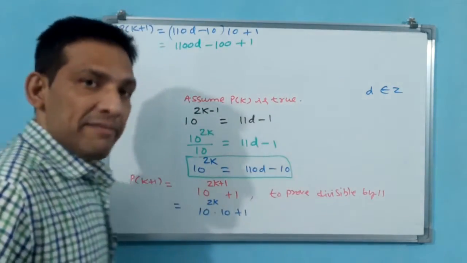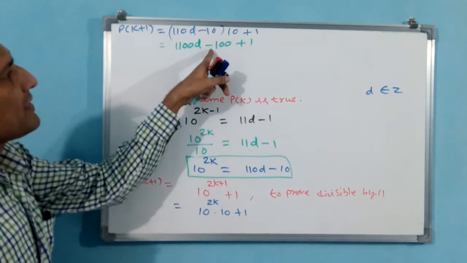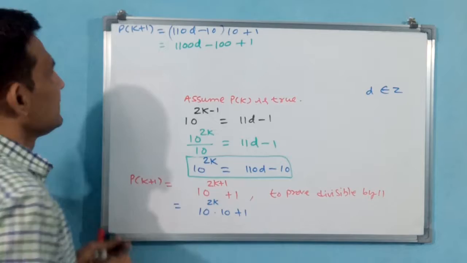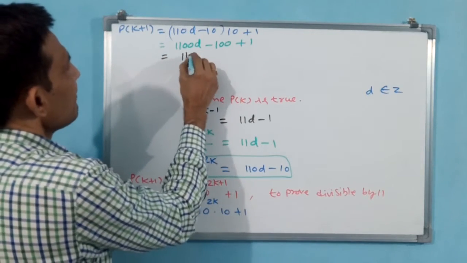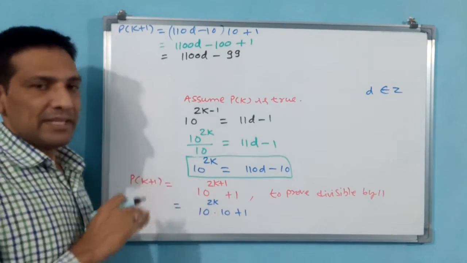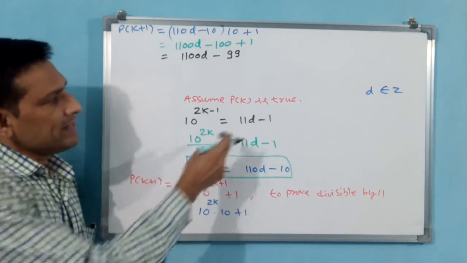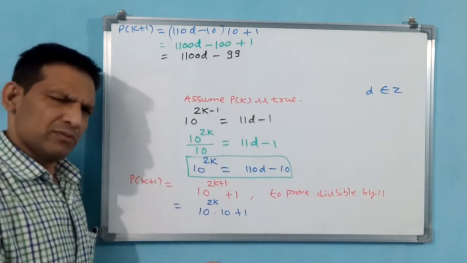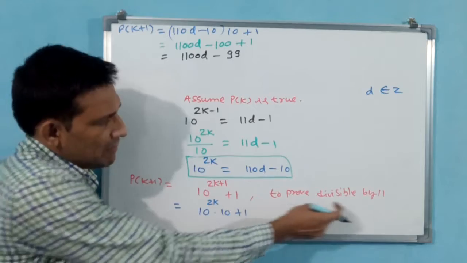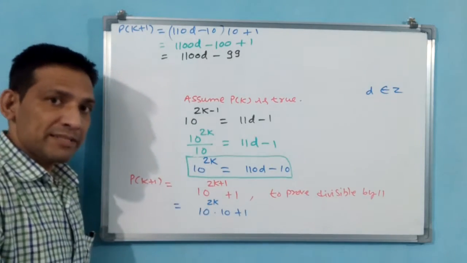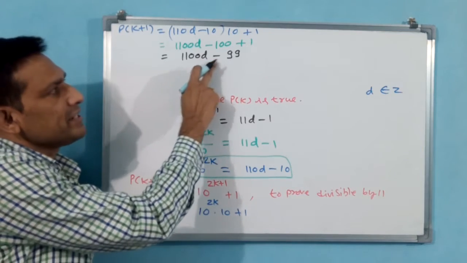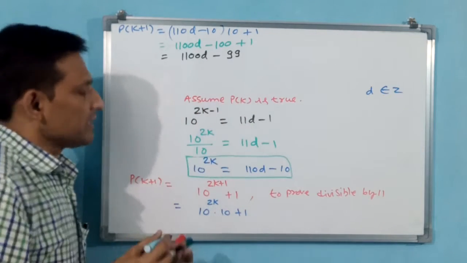Now you see, to prove divisible by 11, what we have to do: minus 100 plus 1 is there. Minus 99 is going to come. You write down minus 99. That is equal to 1100d minus 99. Now you stop and think how to show again in 11d like form, 11m we will show. We have shown earlier 11m. To show 11m, take 11 common. Why? Because this should be shown as divisible by 11. 11 common will come? Yes, definitely will come. 11 is there, 100d minus 9. Definitely. Okay, write down.